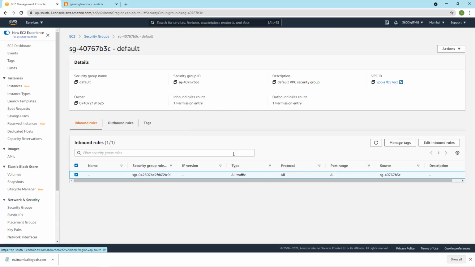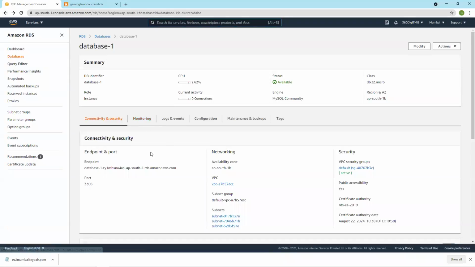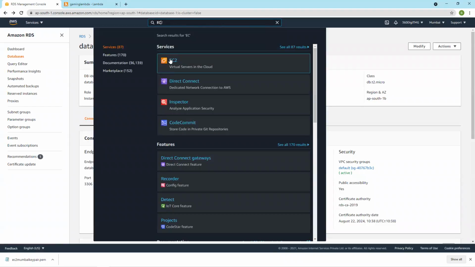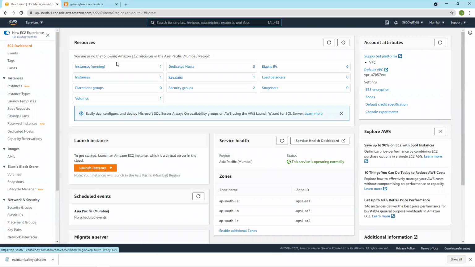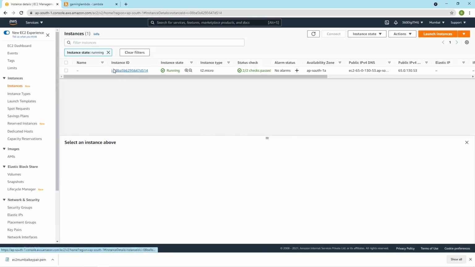Okay. And now let's go to EC2. So this is my RDS security group, and the security groups are also in the EC2 console. That's why we have been taken to the EC2 console. So here my instance is also running. Let us connect to it.